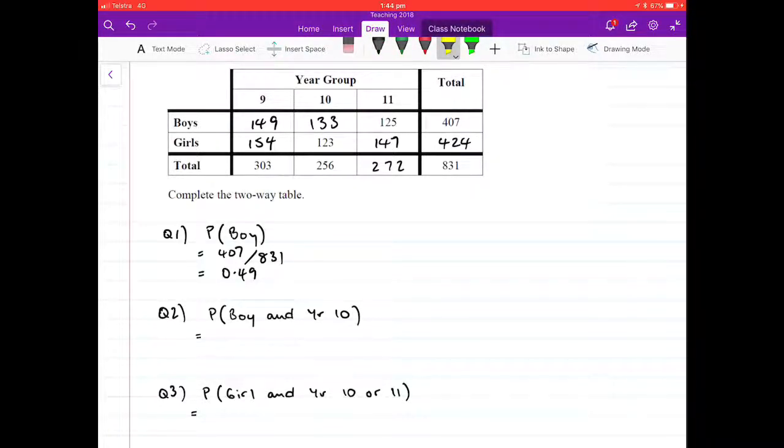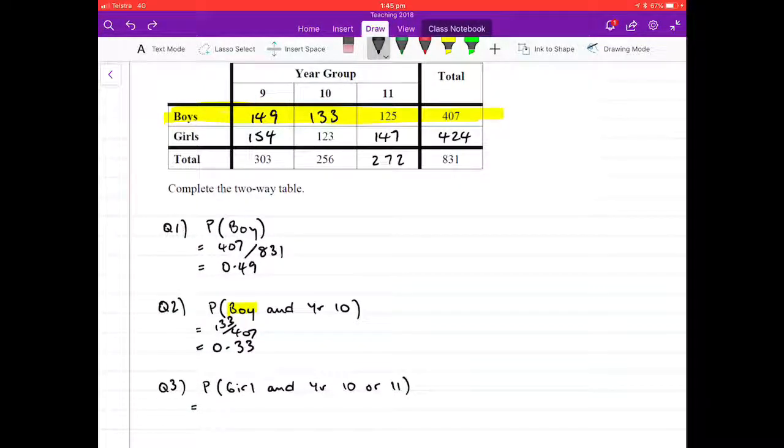Okay, now the set of data that's mentioned first is boys. So we are now just looking at this set of data here. Okay, now within those boys, which we have 407 of them, we want to look at how many of them are in year 10, which is 133. Now 133 out of 407, rounded to two decimal places, is a probability of 0.33. Okay, so again, the boy component of that probability question was mentioned first, so we are just looking at the boys, and then within that boys, we're looking for ones that are in year 10. Next one down here